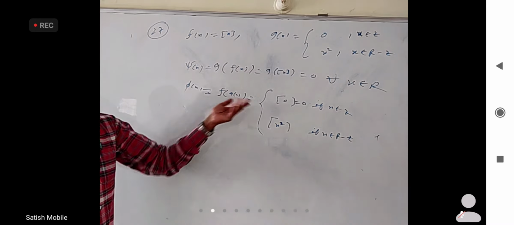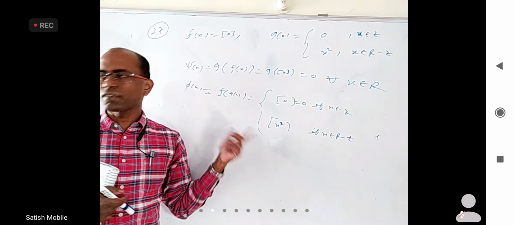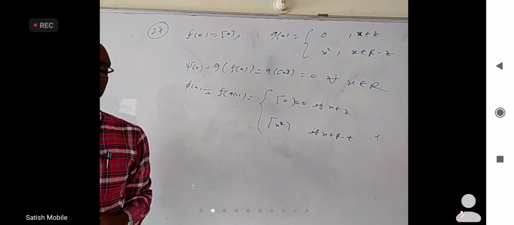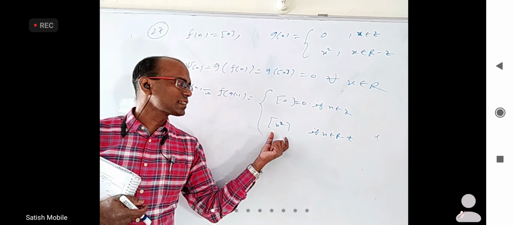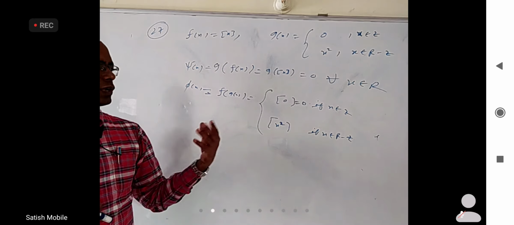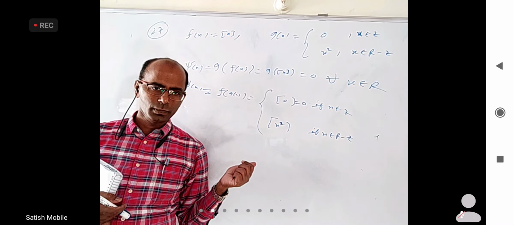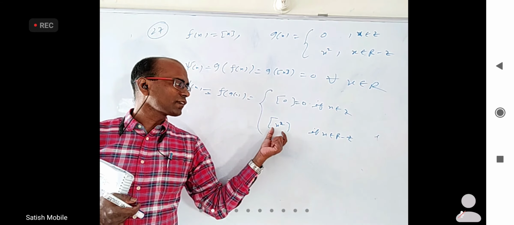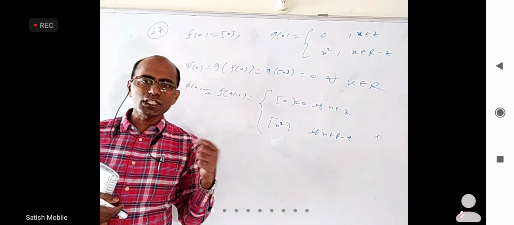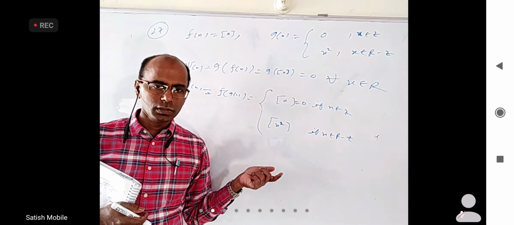Maybe at 0 I have to see carefully. At 0 this is 0. Here the right limit is also 0, the left limit is also 0. At 0 it is continuous actually, even though the definition looks like changing. But this is discontinuous at many other places, not just integers. At 1, at 2, at 3, at 4 it is discontinuous. But at root 2 also it is discontinuous. Just after root 2, this value will be little more than 2, and the integer part will be 2. But just before root 2, this will be little less than 2 and the integer part will be 1.